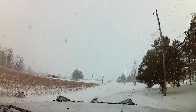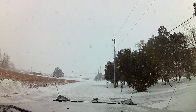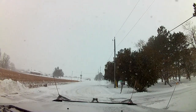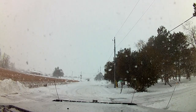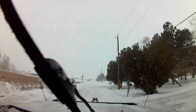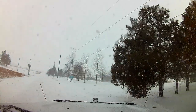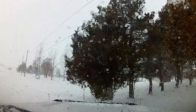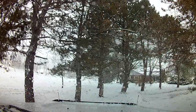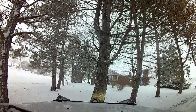Coming. I'm gonna wait until this car passes by. There's another car coming behind me. Straighten out the plow a bit. Alright. Try this here. There's a plow. Alright, now